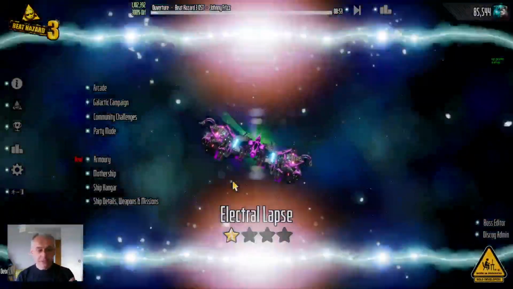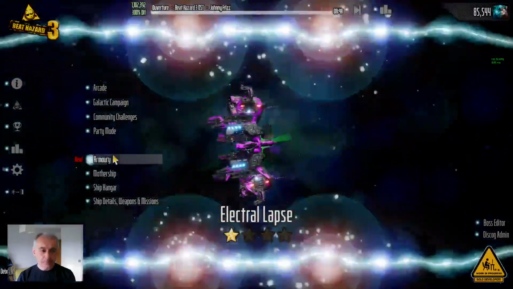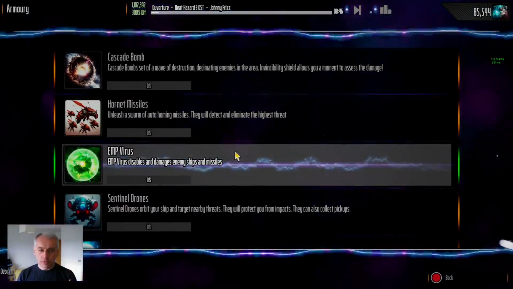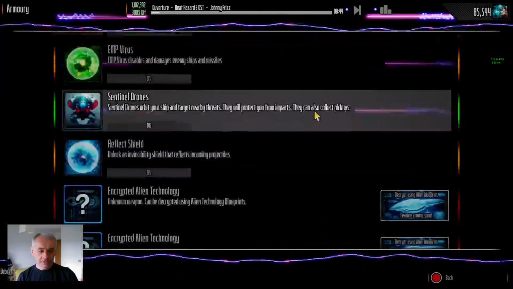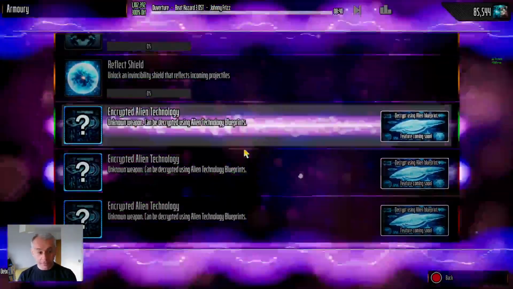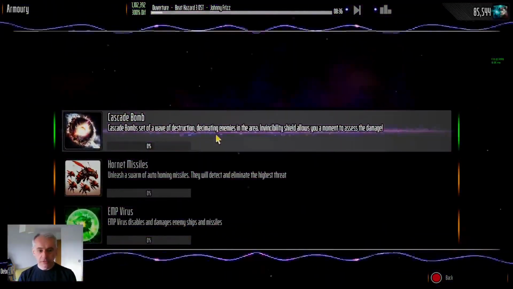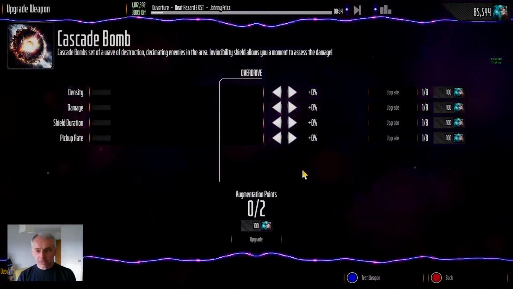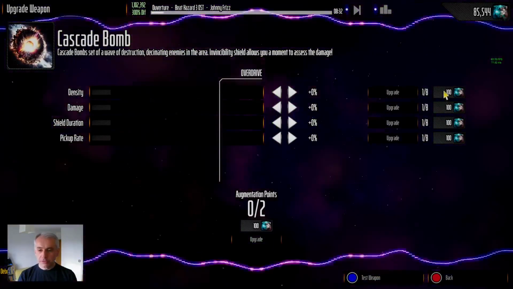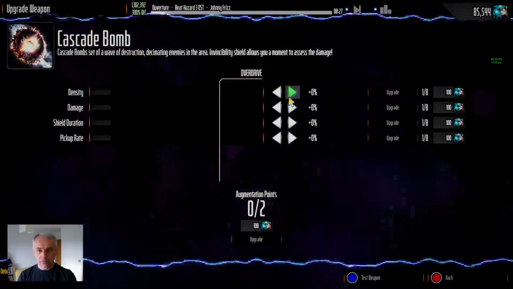Here we can see there's a new option on the main menu, which is called Armory. This is where all your weapons are going to be. You can see the ones that you get as standard, and then there's ones that later on you're going to unlock using this alien blueprint technology. So if we go into the Cascade Bomb, you use the nanotech that you collect to upgrade and